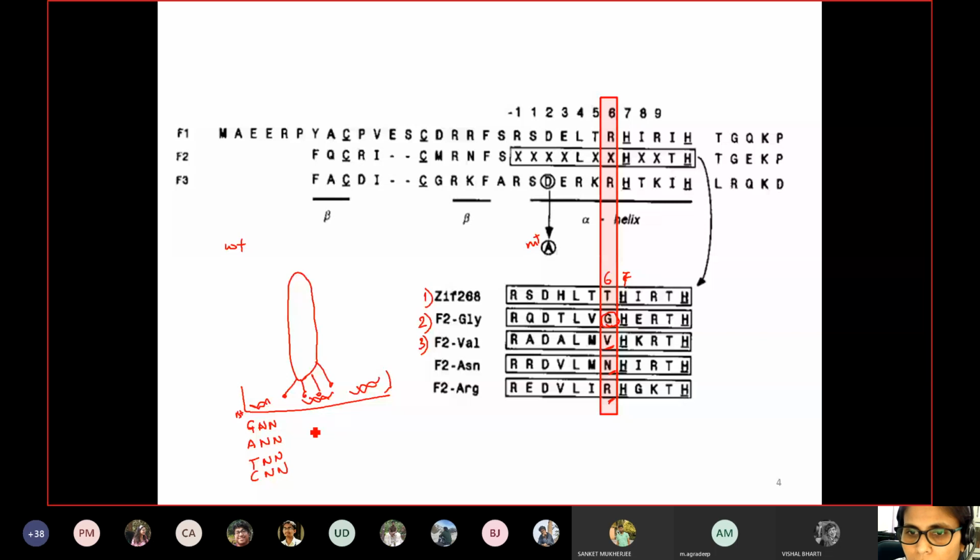Similarly, in the second one, at the second position, they were very specific at placing these bases, and on the first and third positions there was any of the nucleotides. And similarly, they did the same thing for the third position. So by doing this kind of phage display and selecting different oligonucleotides, one can actually figure out which amino acid residues coming out of your helical region,